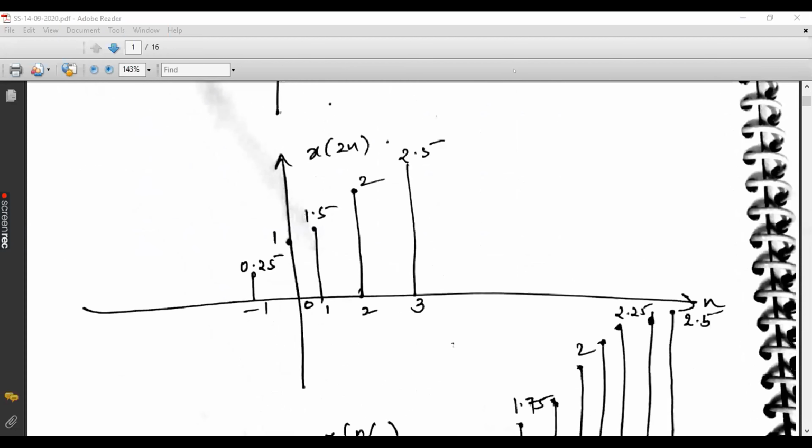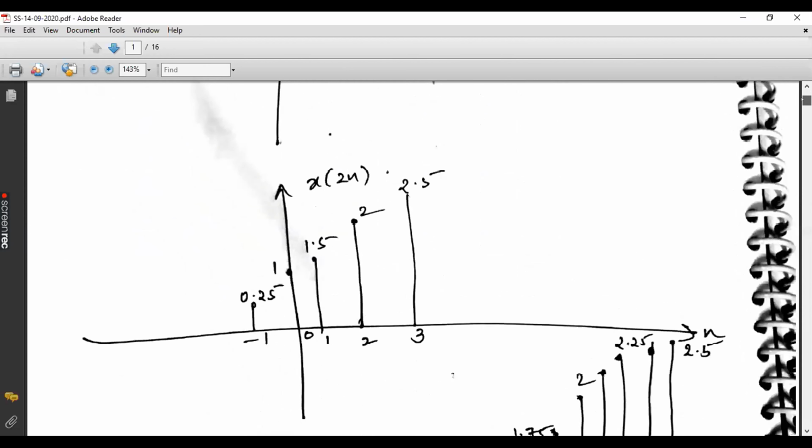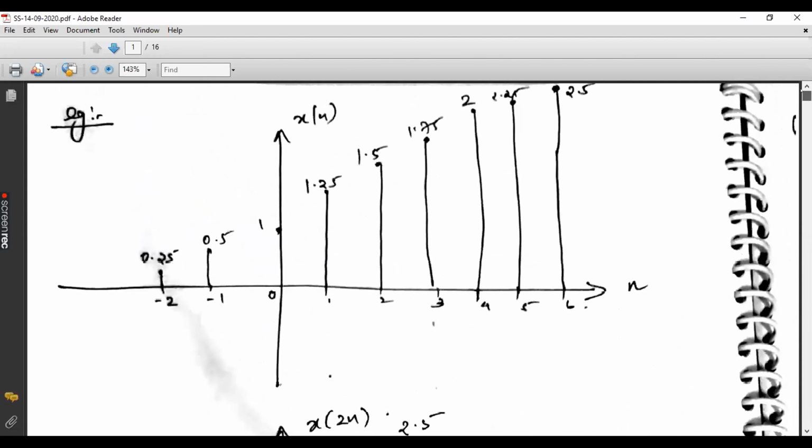Sir, in this question, I have to ask something. Yes, ask me. Sir, this is discrete but uniform, right? This is a discrete signal, but it is not uniform. See, after 6, you don't have any signal at all. It is confined from -2 to 6 only. You don't have any other signals. Uniform means it will extend from -infinity to infinity, and the periodicity will be retained. But here you can't retain that periodicity in this particular signal.